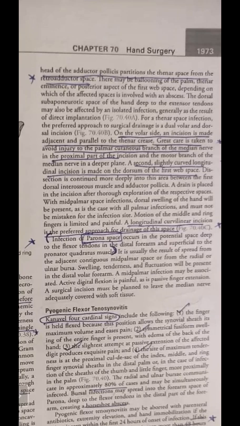Okay, adductor pollicis. On the volar side, an incision is made adjacent and parallel to the thenar crease. Great care is taken to avoid injury to the palmar cutaneous branch of the median nerve. I told you already its location is 5 to 6 centimeters proximal to the flexor retinaculum or the wrist joint. So we have to avoid injury to the palmar cutaneous branch of the median nerve in the proximal part of the incision and the motor branch of the median nerve in a deeper plane. A second slightly curved longitudinal incision is made on the dorsum of the first web space. Next MCQ point is